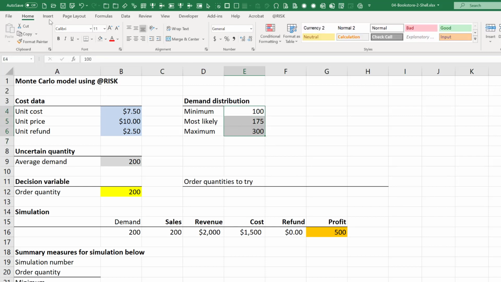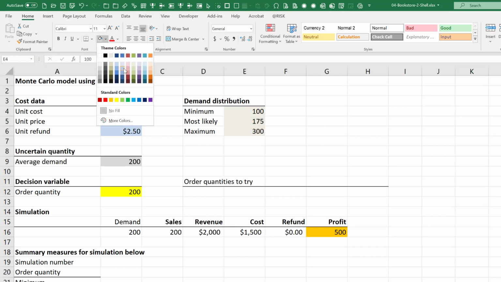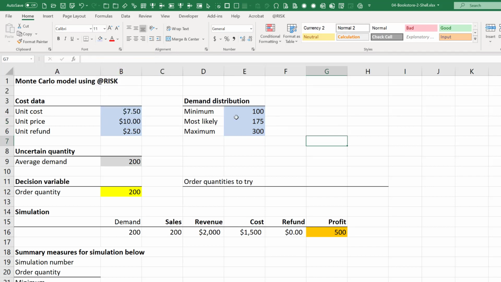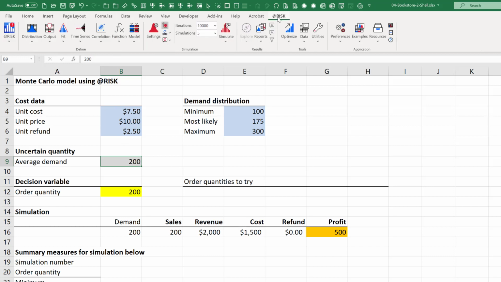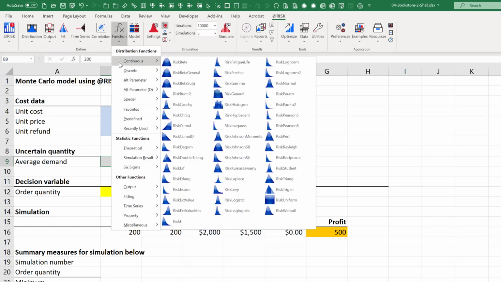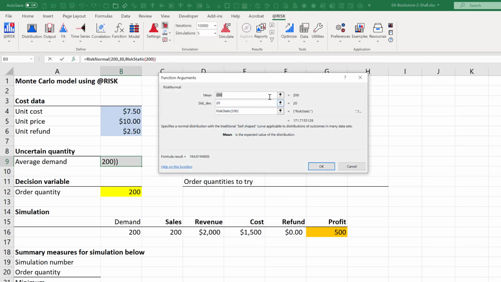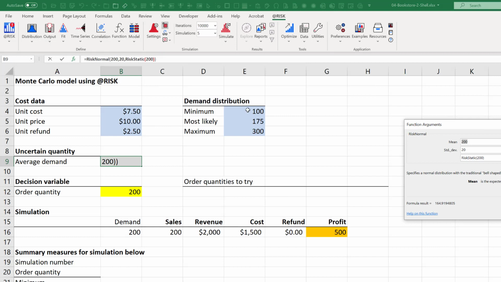So let's use the usual background color for given information. Now we'll insert a normal distribution here. So go to Risk, function, continuous, and then you have RiskNormal, right? This normal, you have